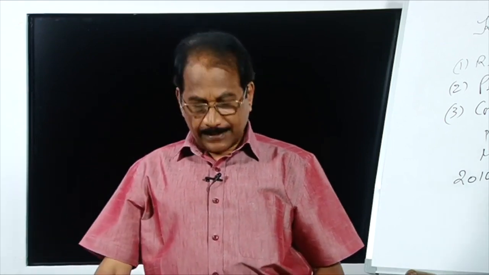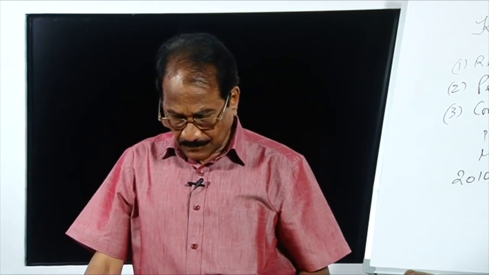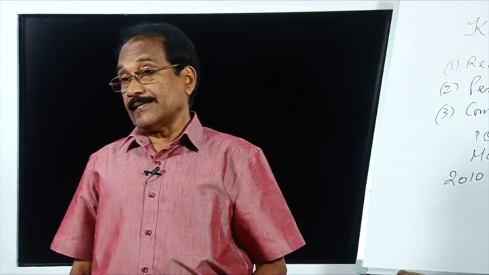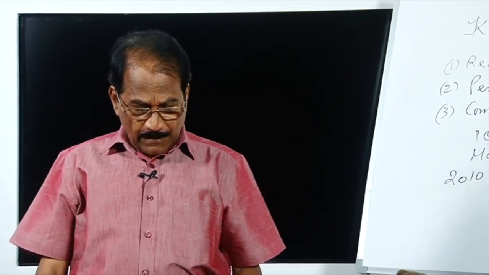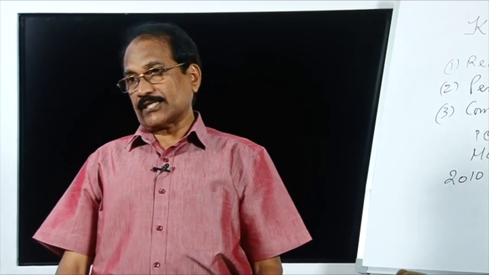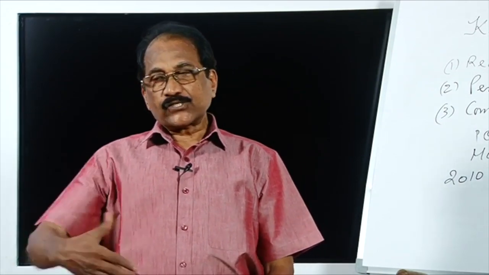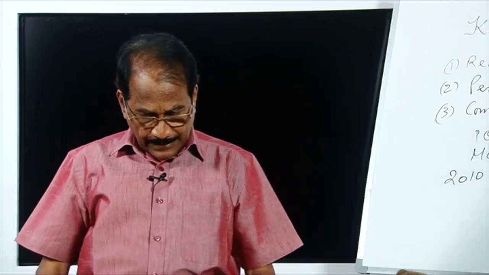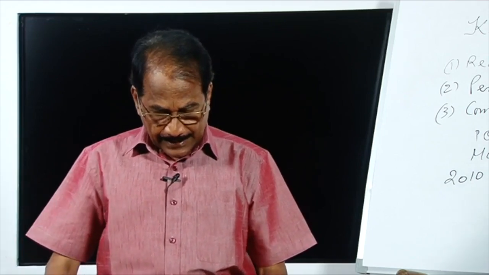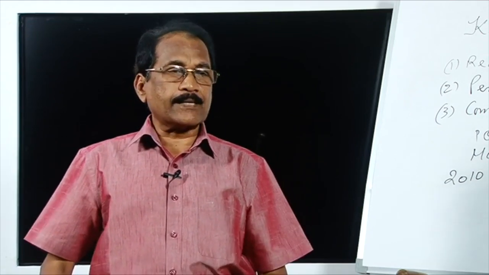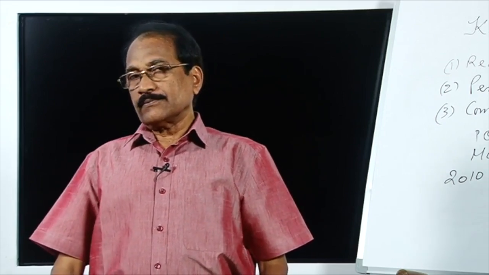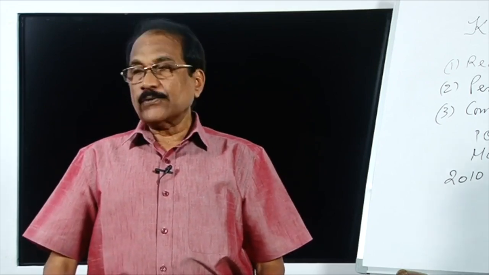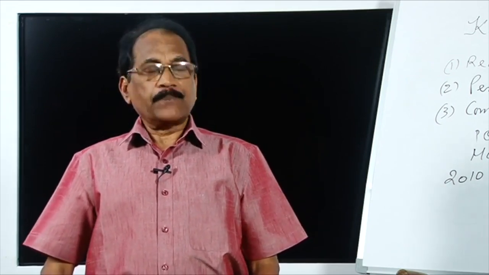Number 2, the second one in the Kera Grama program, is Rice Park and Rubber Park, covering 3 lakh hectare of area for rice cultivation extension, targeting 3 lakh hectare of area to be newly brought under rice cultivation. That is the Rice Park program included under the Kera Grama Paddhati.